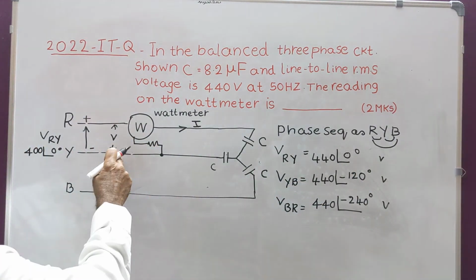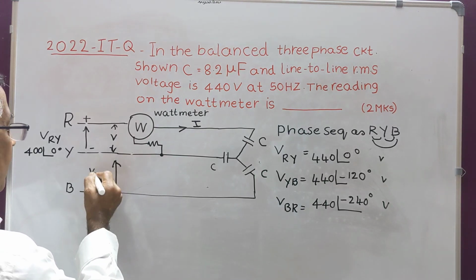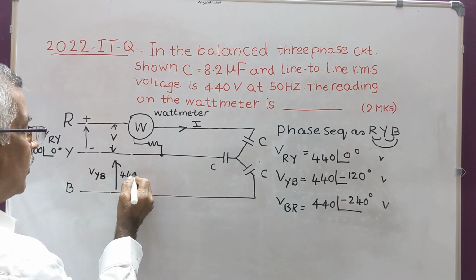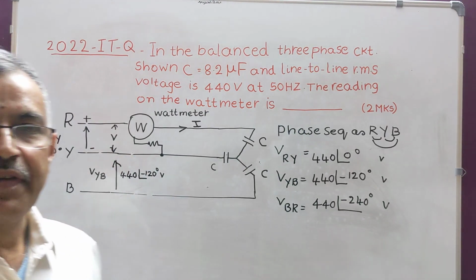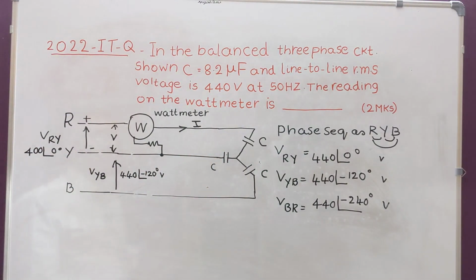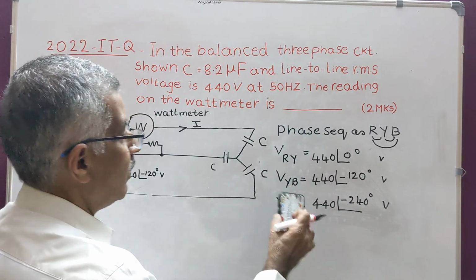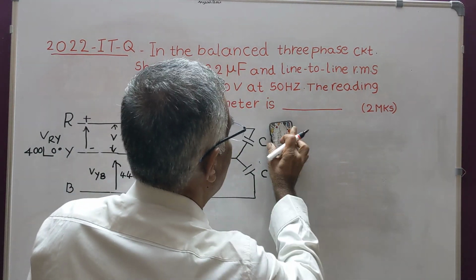Next, this is VYB. This VYB is 440 angle minus 120 degree volts. Now, having marked the line voltages here,